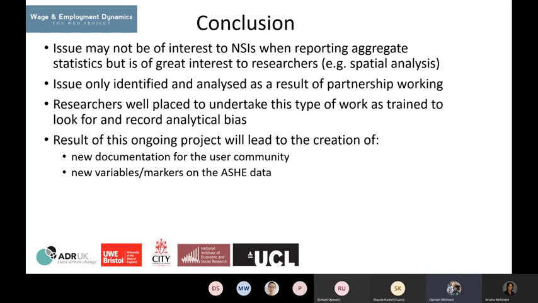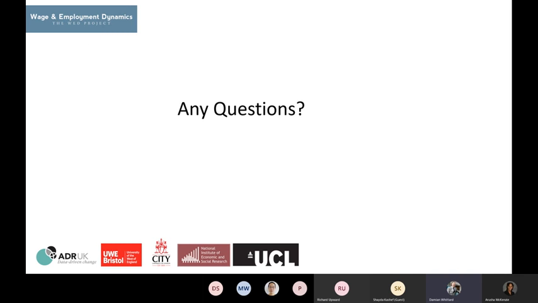We'll show how you can handle the data, potentially creating either new variables or at least flags to put on the variable where we think there might be concerns about the location variable as we go forward. As I said, we're still a work in progress, but I think it's quite an interesting finding at this stage. Okay, so over to you guys. We've got a few minutes at the end, so if you've got any questions, we're happy to take them.